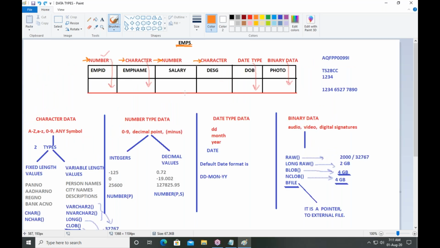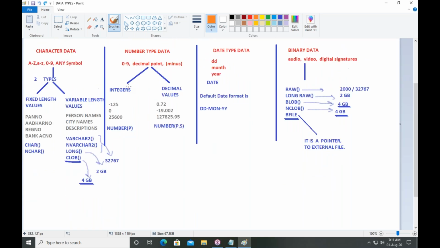Okay, now see, character data again has two types. What are the two types of character data? Some character values with different length, some character values with the same length.